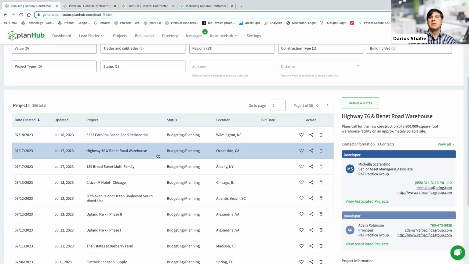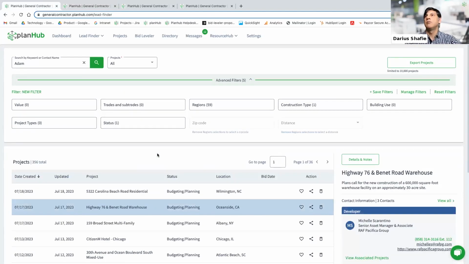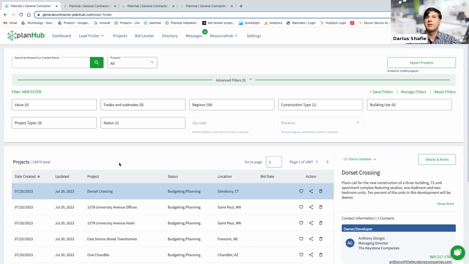At this point, I've shown you everything that we have in Lead Finder and how you can use it to find projects to go after, making connections with the contacts that are on those projects, whether they be owners, developers, architects, share those projects with your team members, and get that project from a lead all the way through, connecting with the contact, sharing it with your subs, get bids in, create an estimate and proposal for yourself, and move it all the way through to the process where you can put in a proposal, bid on the project, win it, and then after winning, move into a construction phase.